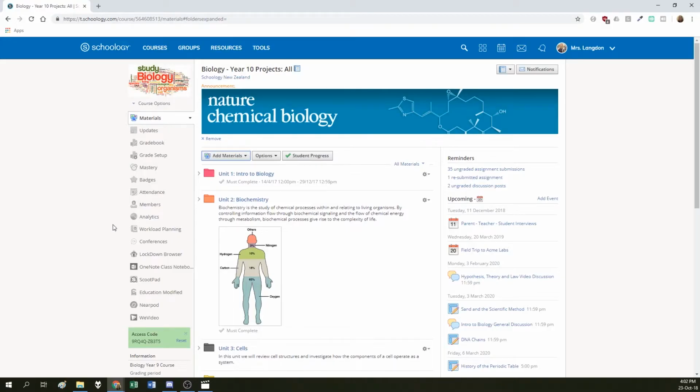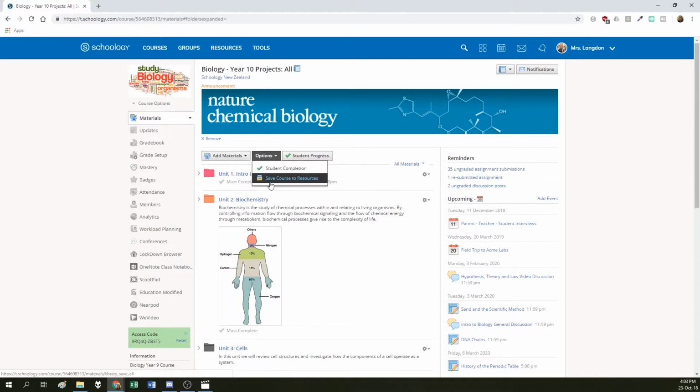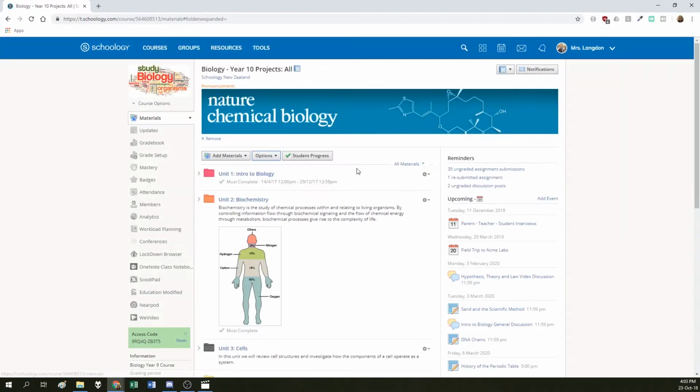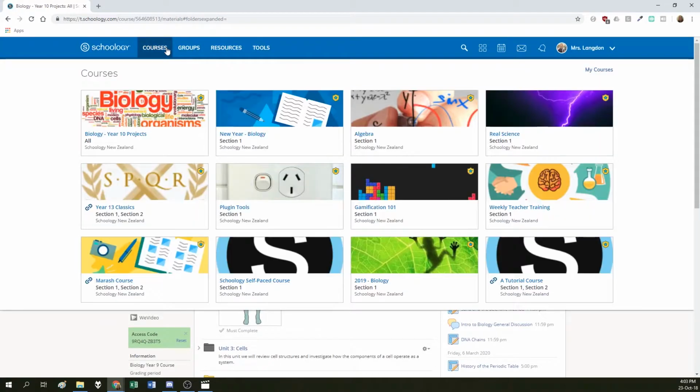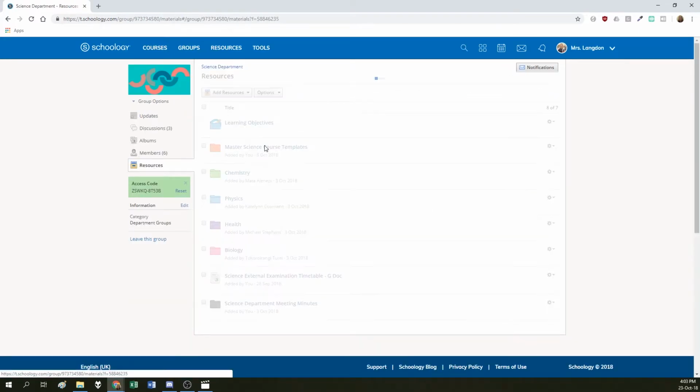At the beginning of the year, teachers can populate their courses in less than 2 minutes. During the year, teachers can easily add materials to their courses, and at the end of the year, save these to either their personal or group resources, or both. This way, on the first day of the new school year, teachers can re-import their saved courses in a few clicks. These resources can be taken from groups